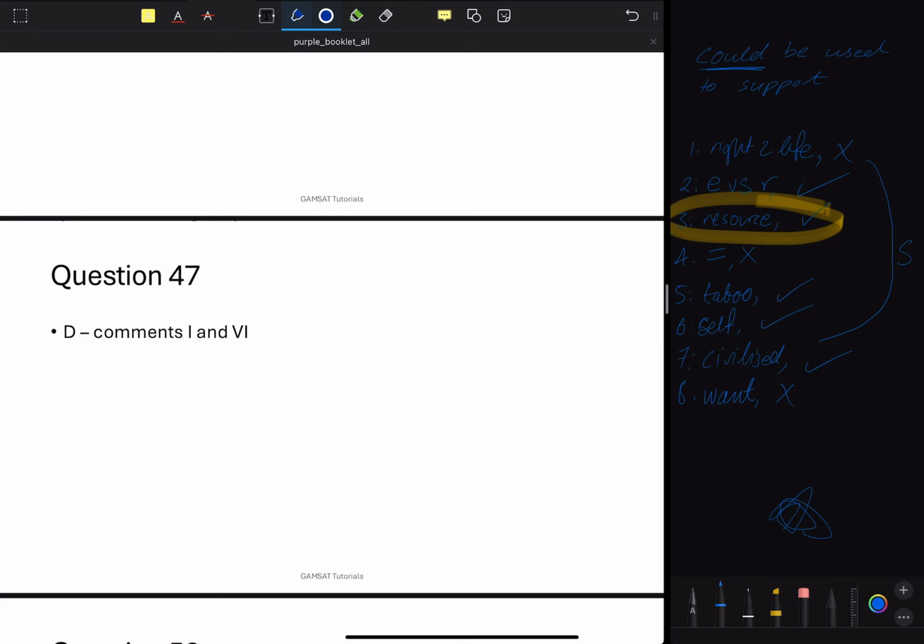Okay, question 47. The point that newborn infants do not yet possess a concept of self. Okay. Same point still stands though. You shouldn't need to go back and read the comments. We should be able to answer this directly. A is challenged by comment 9. Okay, I take that back. We haven't actually read comment 9 yet, so we're going to go read comment 9,